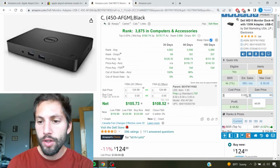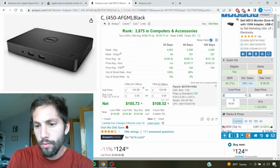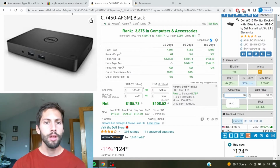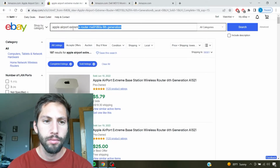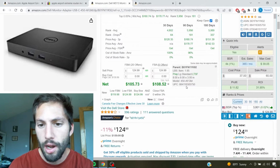So if we sell this at 60 bucks, we need to get it for in the ballpark of... 40 is too much. Around 37 to do 30%. So we're going to search this. And this is the model number. Now remember, it was like